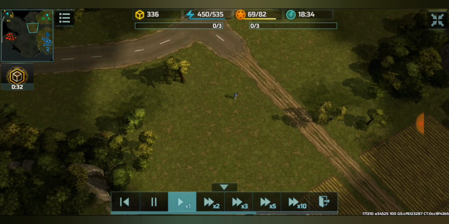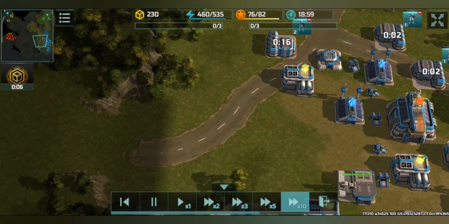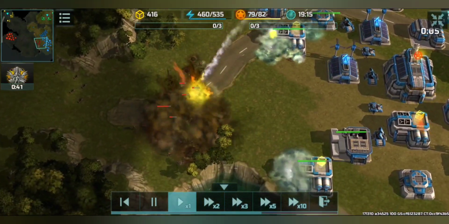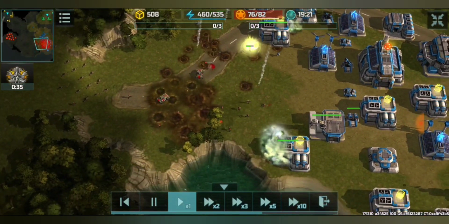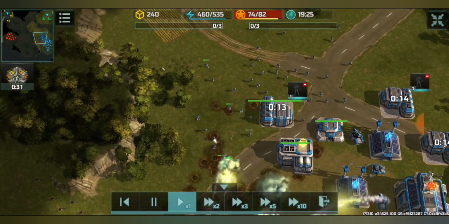I can only have an attack from here towards his base. Okay, first. Okay, now here comes the attack. He went for the attack and my torrents responded. Although not all his infantries got destroyed, many of them got destroyed. And I'm going to send my